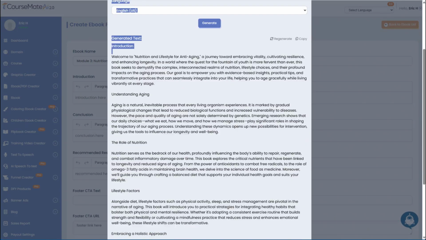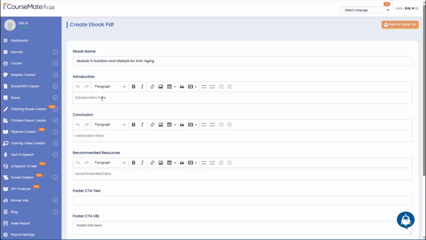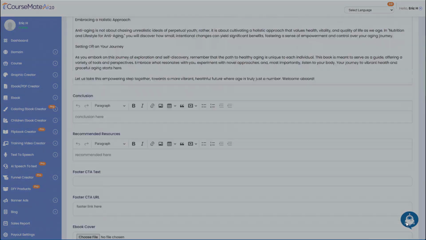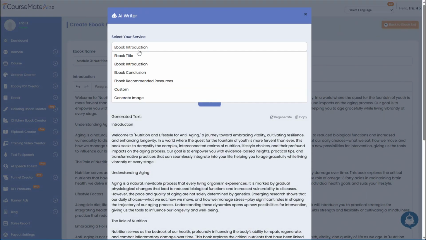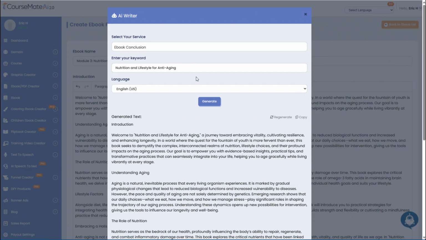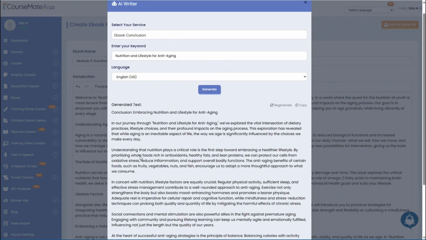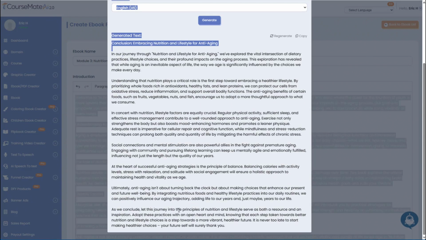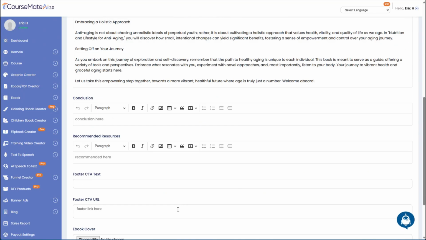Looks good. Let's go ahead and copy this, paste it in, and move on to the conclusion. We're going to use the AI for that as well. So ebook conclusion, we'll leave the keyword the same and click generate. Took just seconds to create that conclusion. We'll go ahead and copy that, paste it in,